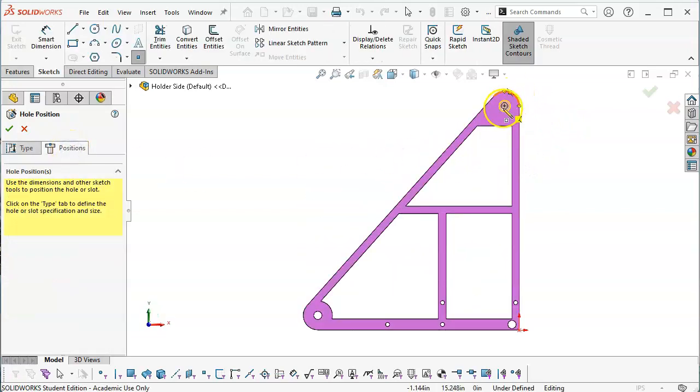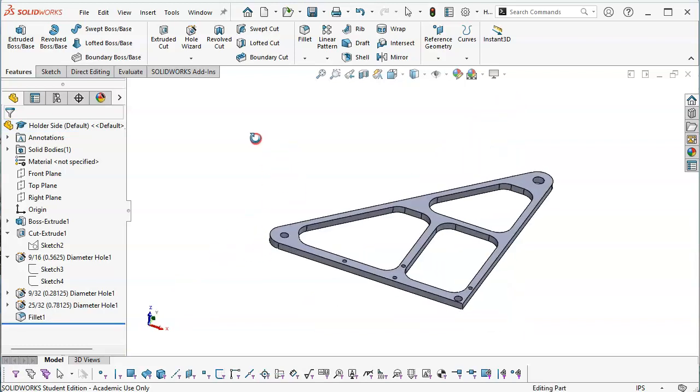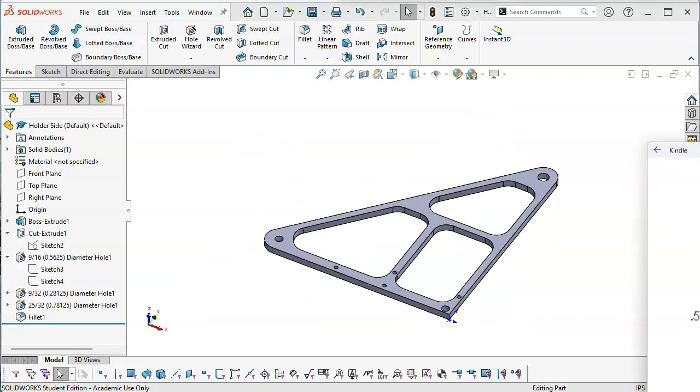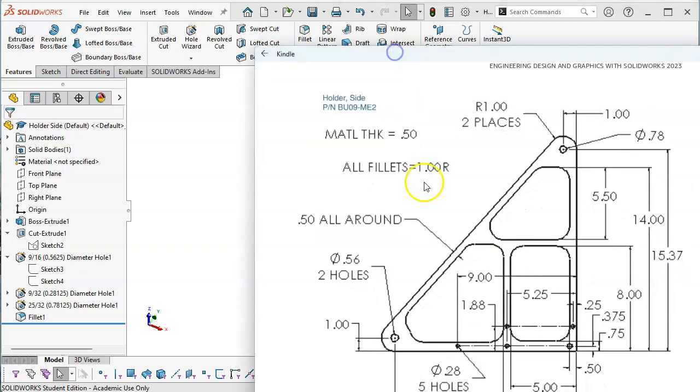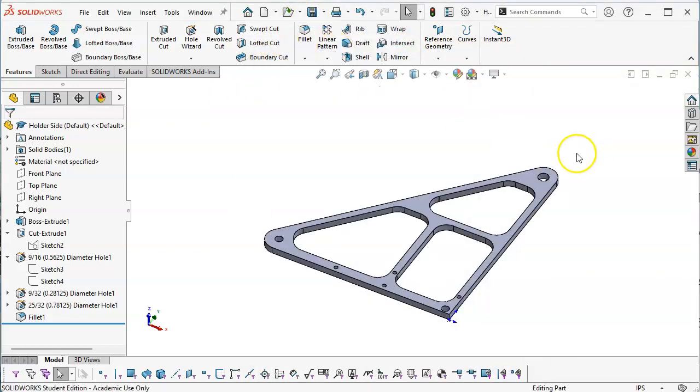And our position, we'll look for the center. And accept it. And then roll forward, all the internal fillets, nothing on the outside. All right, I think we got that pretty well defined. And so that little bit of mismatch, if there is one there, it's more of a perceptual. I'm okay with that. All right, so let's make sure to save the holder side, and we'll come back and do the